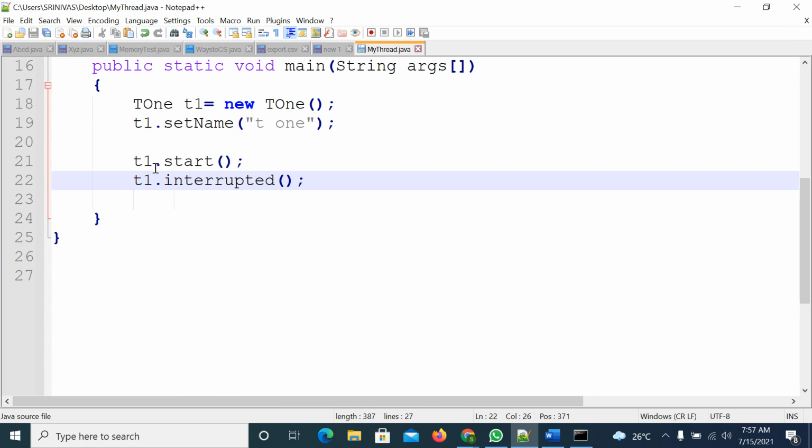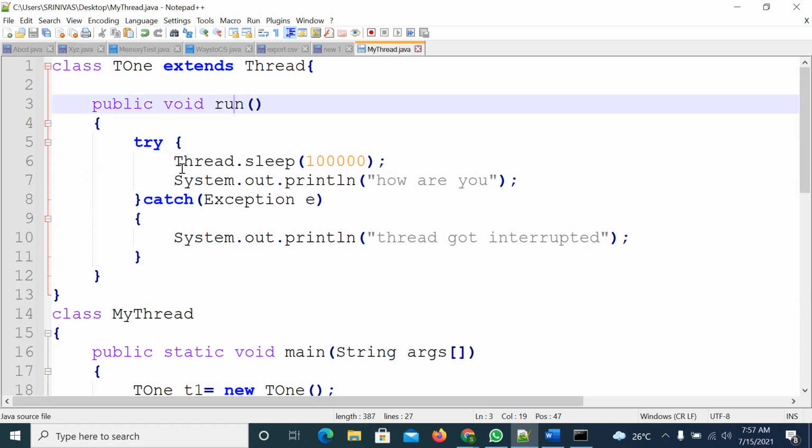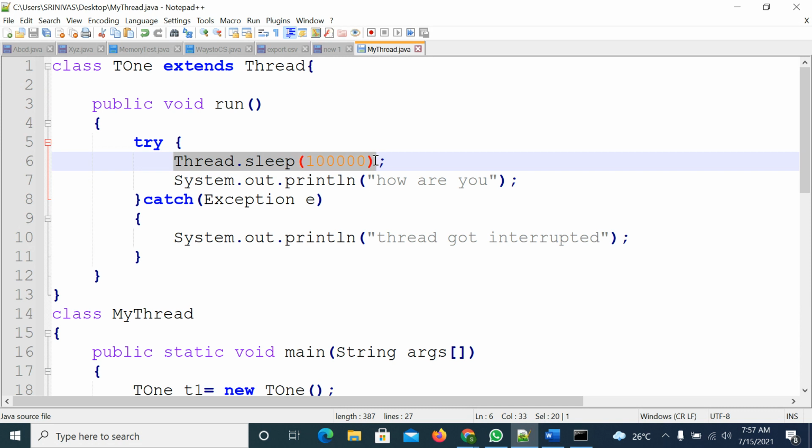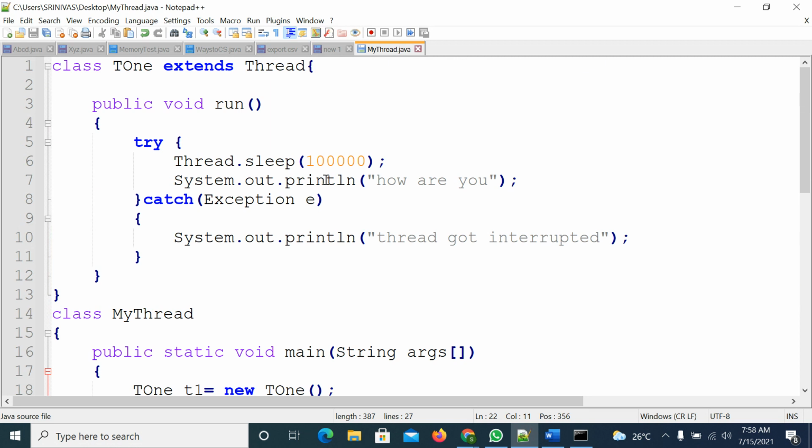So in this case, what will happen after starting the thread? It will call the run method. Inside the run method, the thread goes to waiting state, and it will stay in waiting state until the time is completed. If the time is very big, you can interrupt the thread. So you can apply a condition here: if the thread is in waiting state, then you can call the interrupt method.